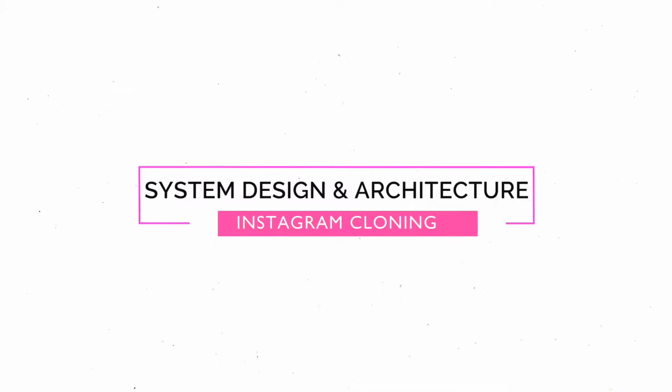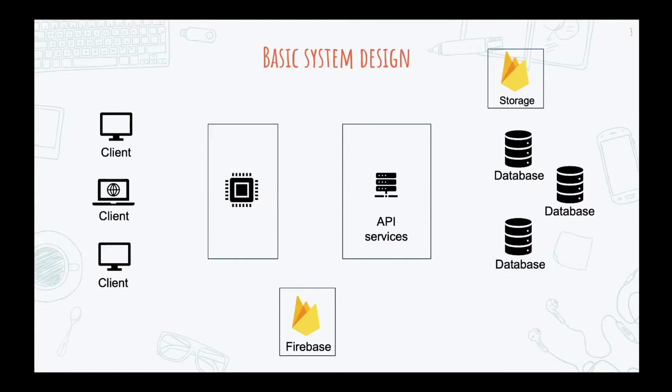So let's discuss the basic system design that we will be following for cloning our Instagram app. Over here lies our client application, which means that from there our Instagram application will be handled. And as you know, we will be deploying our Instagram application in the cloud. So this will be our application server where we will be implementing our front end, and this is the server where we will be deploying our backend applications, that is, all the APIs that we will be making in this video. So this is basically our deployment structure where we will be deploying our backend and our front end code.